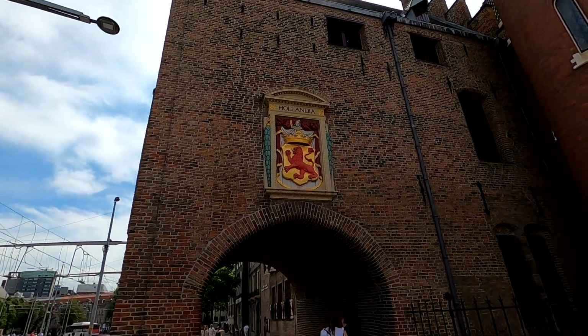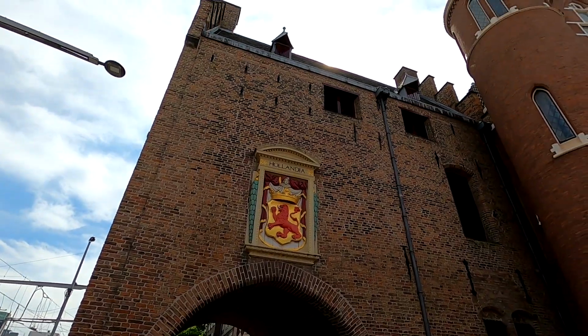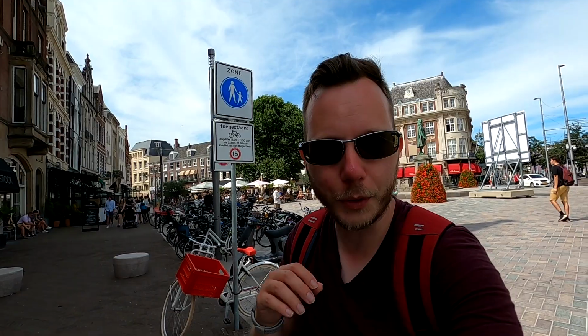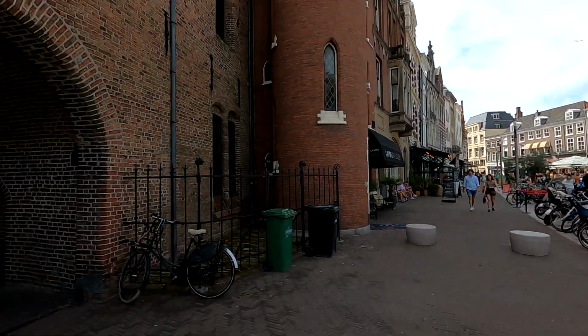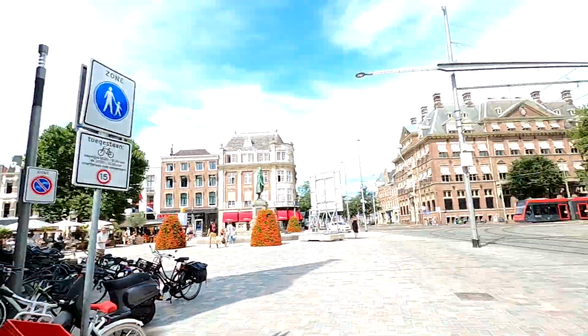So and then this little building here, which is just across from where the government is, used to be a prison, but a prison specifically made for torture. Yeah, so it's actually a museum, but yeah, you know me in museums, I don't want to go inside. I don't care about paying the money for it, but then the whole thing will just be about museums. So if you are a person who likes museums and who likes to see a very old prison,